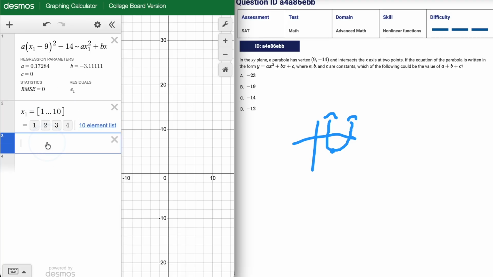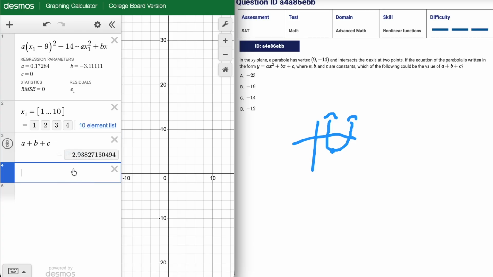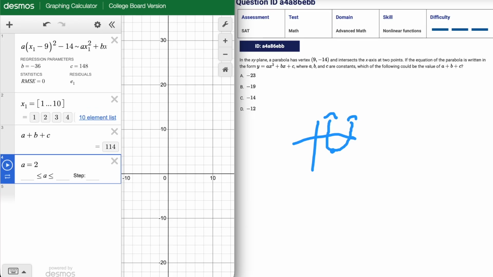But then if you were to find a plus b plus c, it equals a negative number, which is none of the answer choices. And if, say, a equals 1 or 2, it goes up and it's not even negative, so that doesn't work. So what you actually need to do to solve this is, in this vertex formula,